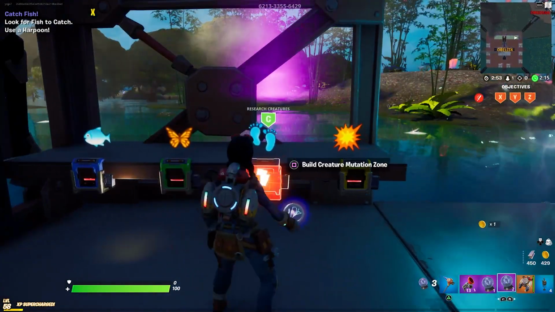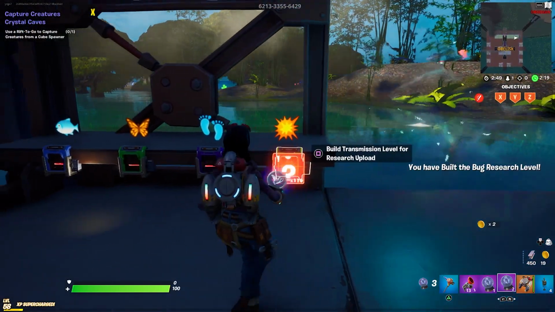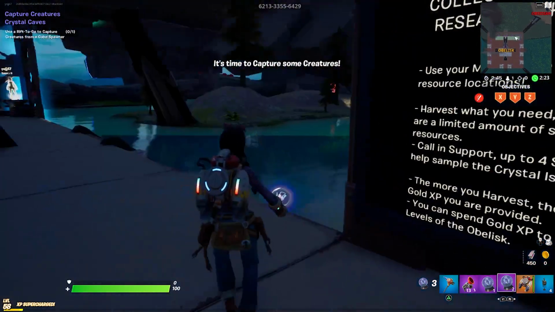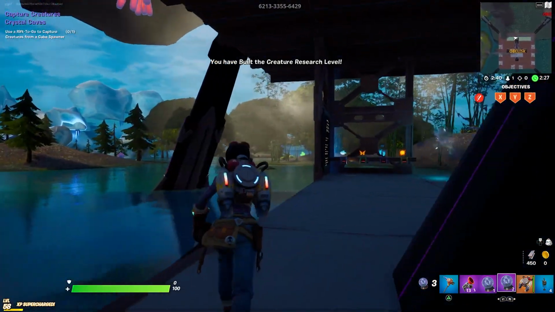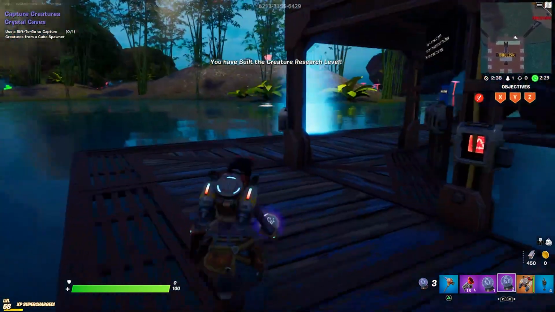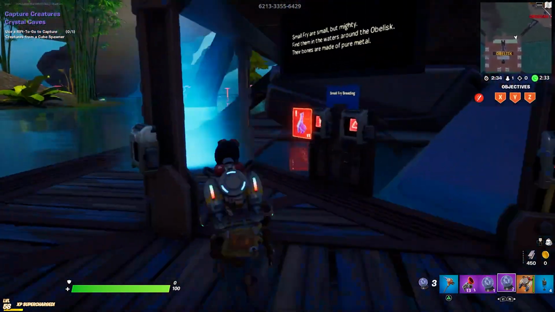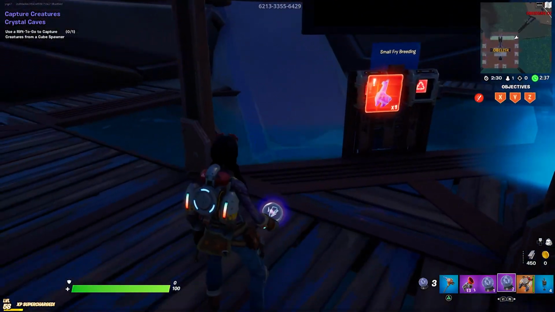So I'm skipping ahead here and providing myself with extra things just so I can demonstrate to you how this all works. I've skipped ahead to the creature capturing level because the very first part is fish breeding, which is very straightforward. You capture a llama, you build the